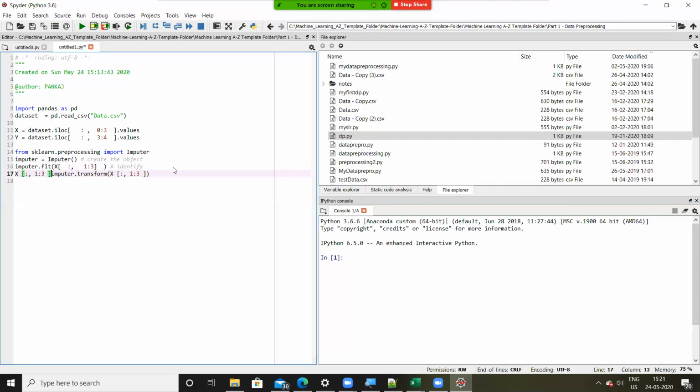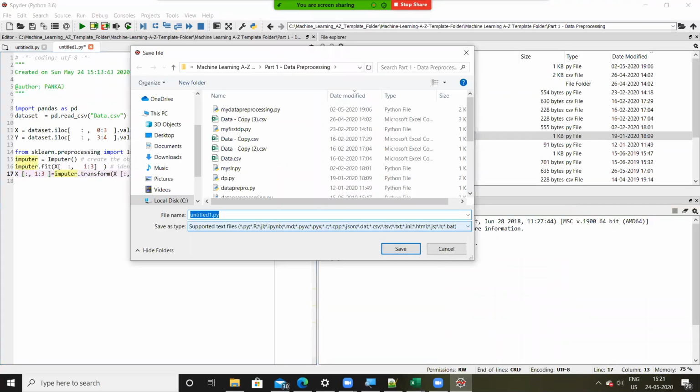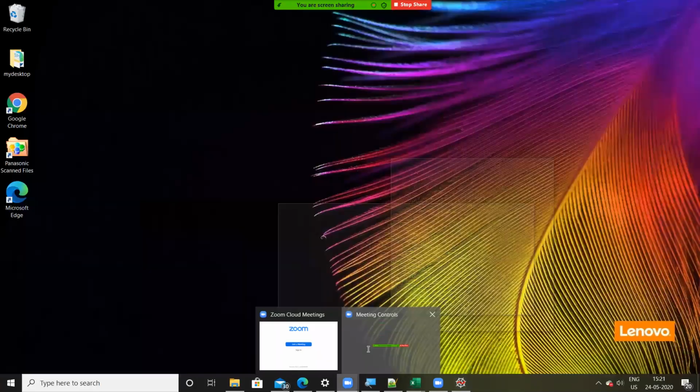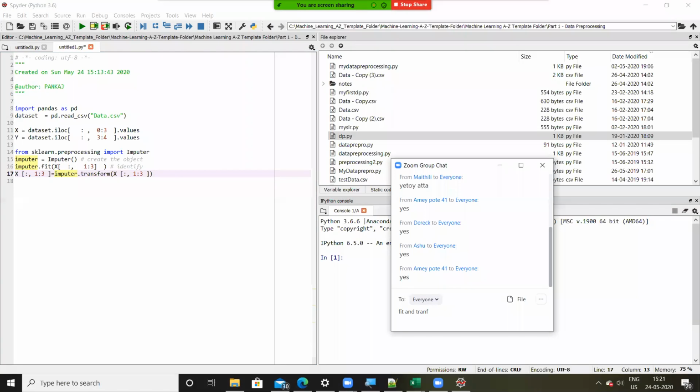I hope everybody remembers this. Can you quickly confirm it on the chat window? Fit and transform work on a separate copy. All right. Now, can someone please tell me what's the next step after the imputer?